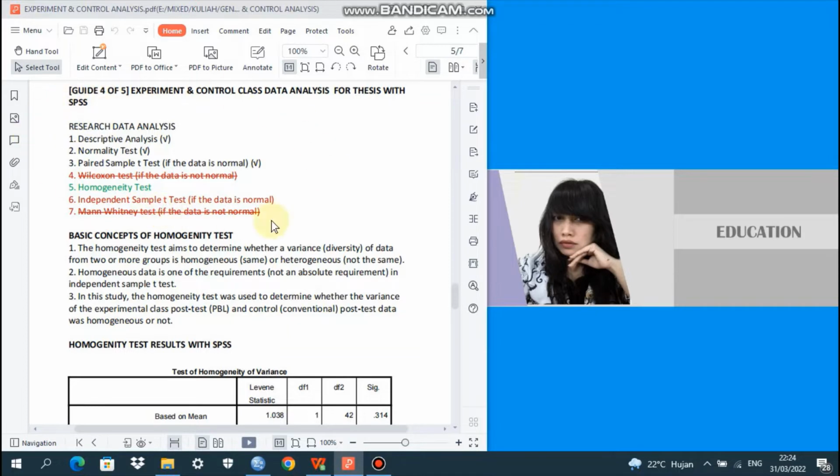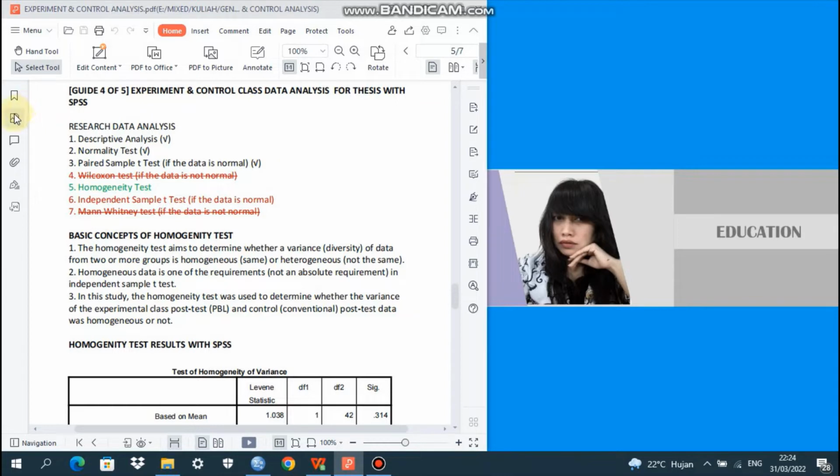So the first part of experiment and control data analysis for thesis with SPSS was meant to answer research question number 1: is there any influence of the implementation of problem-based learning?